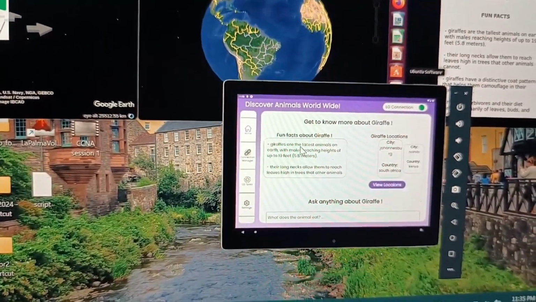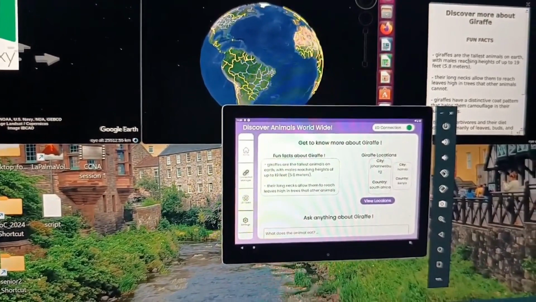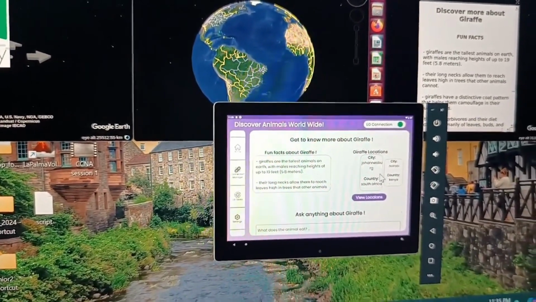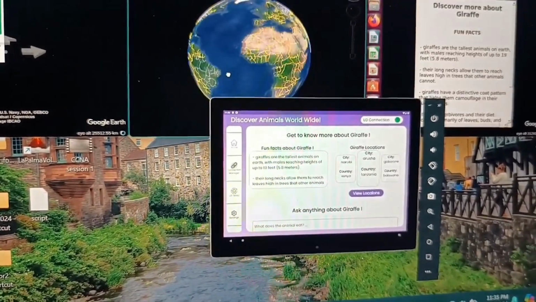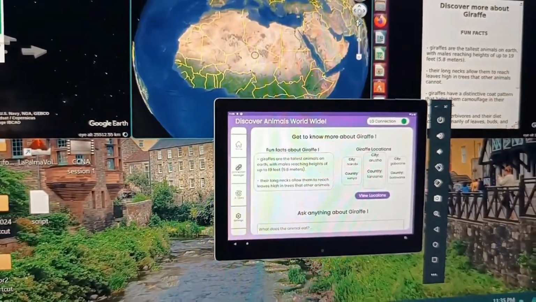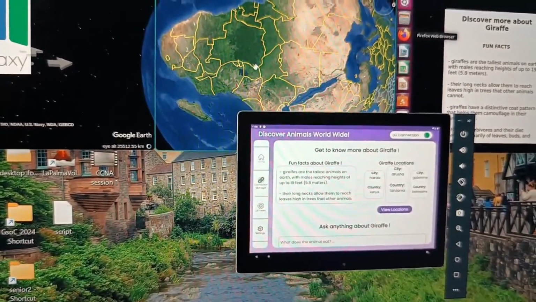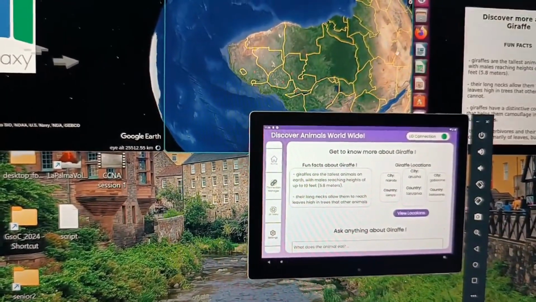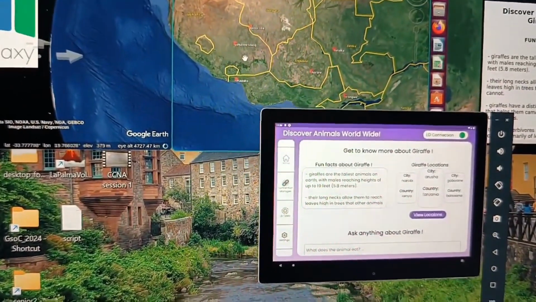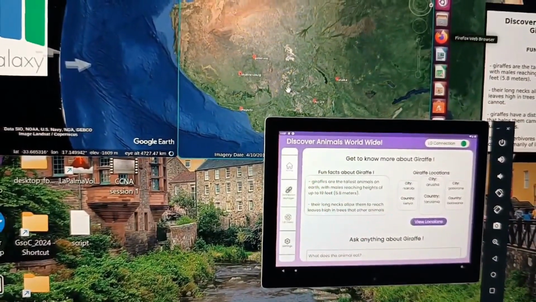When the fun facts appear, we can also see them in the balloon here, and we can view locations too, and we will see that the locations appear on the map here, but they are just small and scattered all over. So if we go here, yes, so here are some of the pins, but they are just so small, so they aren't seen well. But here they are, the pins where the locations of these animals exist.